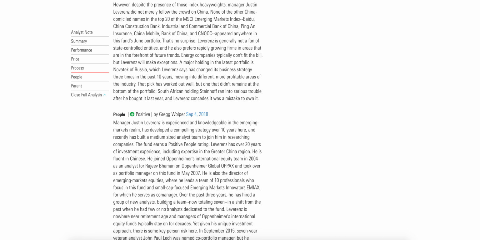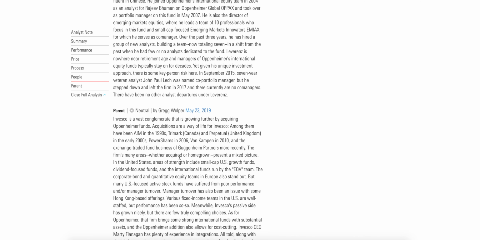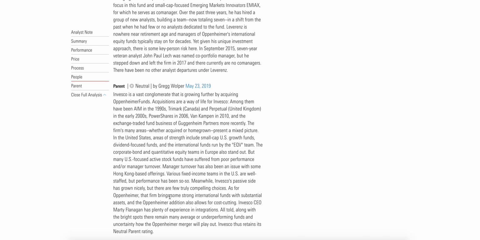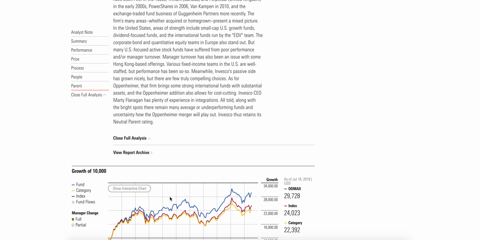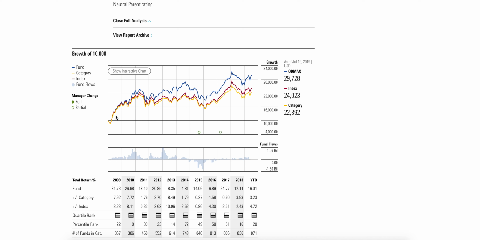how they go about doing that, what they think of the people that work at the particular fund company, the parent company that's in charge of this fund, and how they're set up and whatnot. So it'll give you some different pieces of qualitative information that you're not going to get on just a fact sheet. Then it will show you a chart here that gives you an idea how the fund